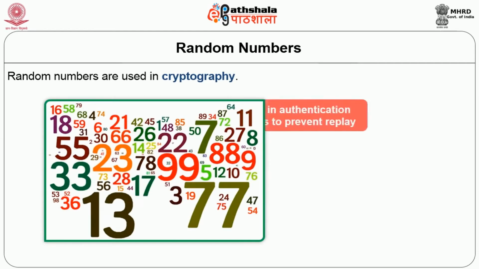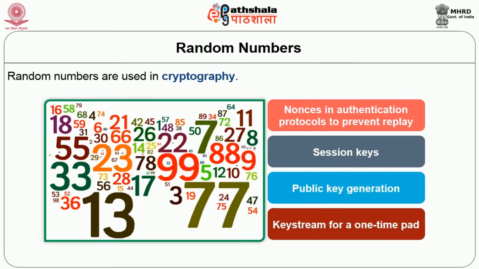Where are they used in cryptography? We can use them as nonces in authentication protocols to prevent replay attack. Meaning that when A and B start communication, they first exchange a random nonce, that is, a random number. A sends a random number to B, and B in turn sends the same random number back to A, along with a new random number it has generated. A also replies with the random number sent by B, and that way they finish the handshake protocol, saying that both are ready for the communication.